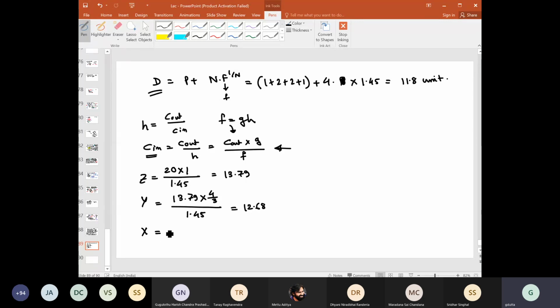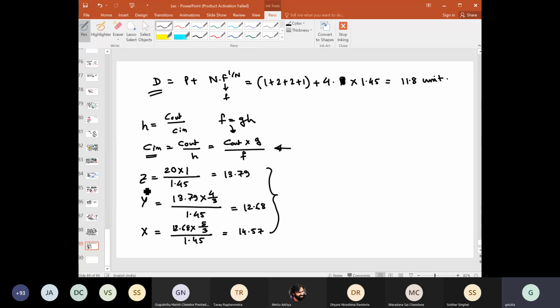Then we have to find the value of X. The same thing we have to use, but this X is for the 2 input NOR gate. For this 2 input NOR gate, the output value is this, because this X is driving this Y. So it is 12.68 into the logical effort of the 2 input NOR gate, which is 5 by 3, divided by 1.45. So if you calculate it, it will come as 14.57. Now you see the unknowns, or the size. When you say size, you should remember it is in terms of the input capacitances, right?